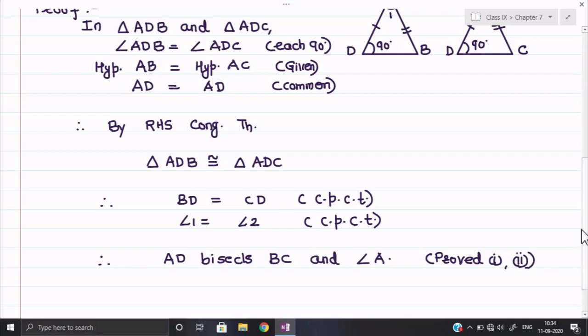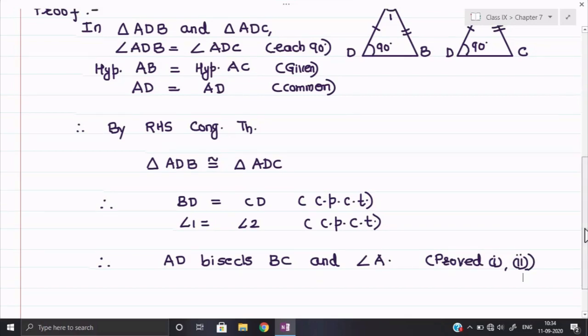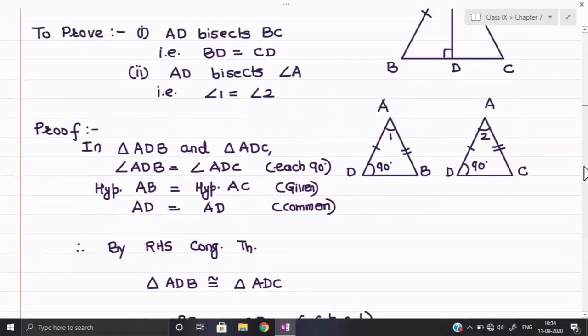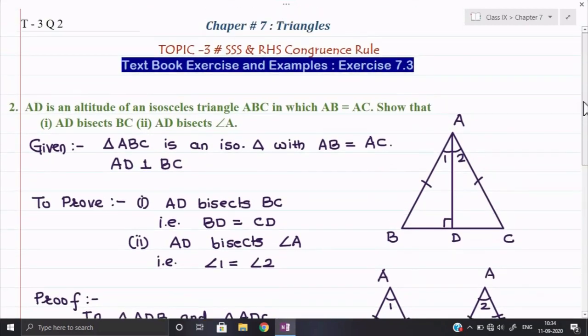Next session we shall take the remaining 3 questions, question numbers 3, 4 and 5, and there are 1 or 2 theorems that are required to be proved in the chapter. That much will remain. Then if it is possible, I will take the solved examples which are a little difficult for you to solve on your own. The remaining solved examples which are simple, that is your homework, you need to solve them on your own. I will tell you which questions you need to take. Okay, that we shall discuss in the next session.